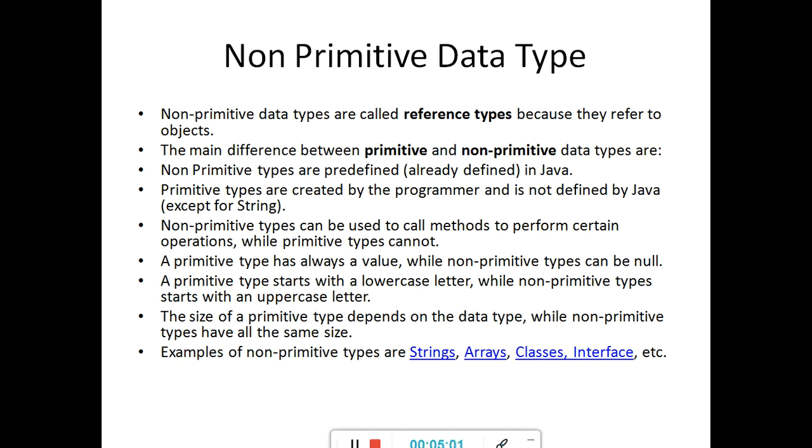So with the help of the non-primitive class name, we can call the methods, like how we did System.out.println. So the non-primitive data type was System, and I called the method println. So it is used to call methods to perform certain operations. A primitive type always has a value, that is, a value is always stored in a primitive, but a non-primitive